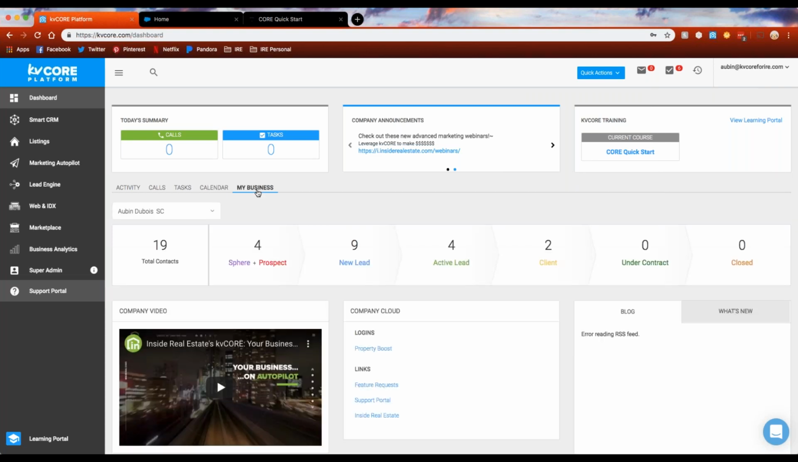Now, this My Business tab just next to that calendar section is where you guys can get a high-level glance of what's going on with your contacts. Now, you'll notice and you'll see throughout the entire kvCORE platform just how important it is to make note of the different statuses within the system. Now, these statuses help define where your lead is at within that buying or selling process